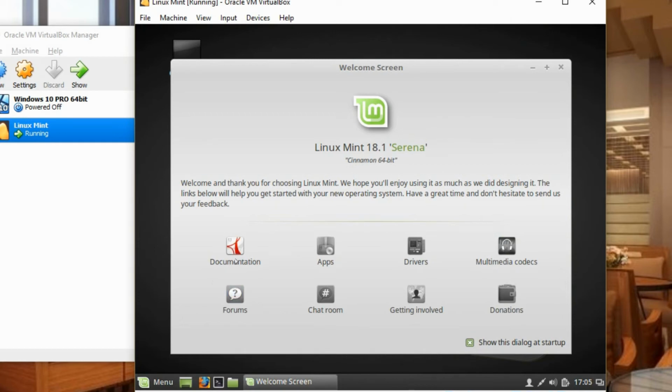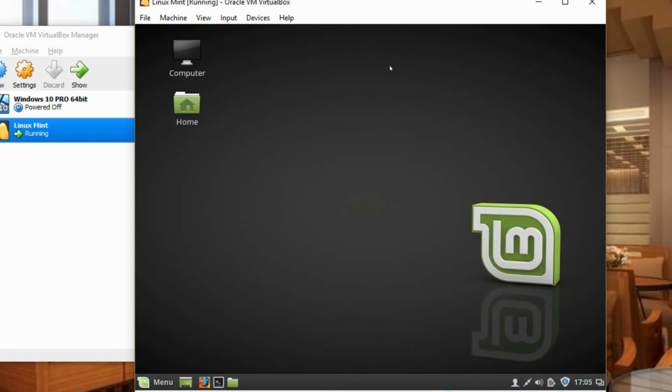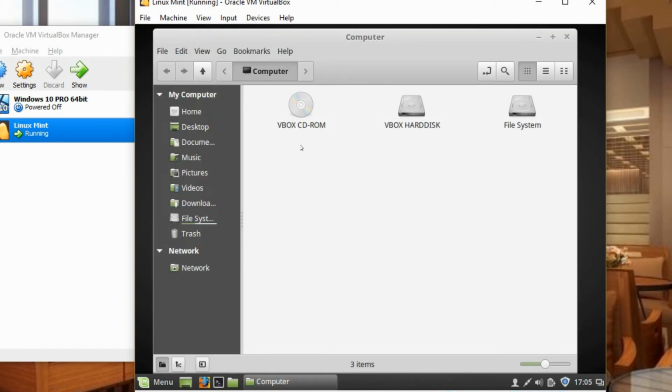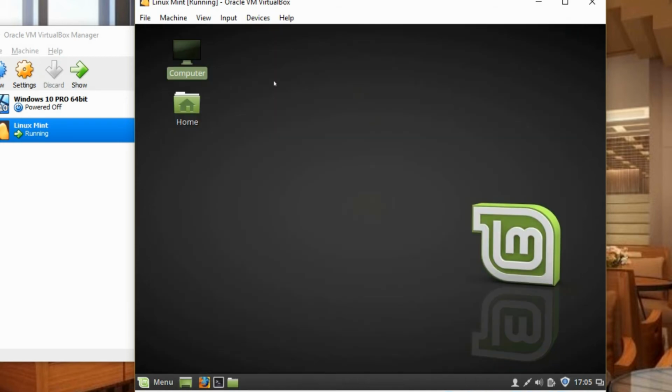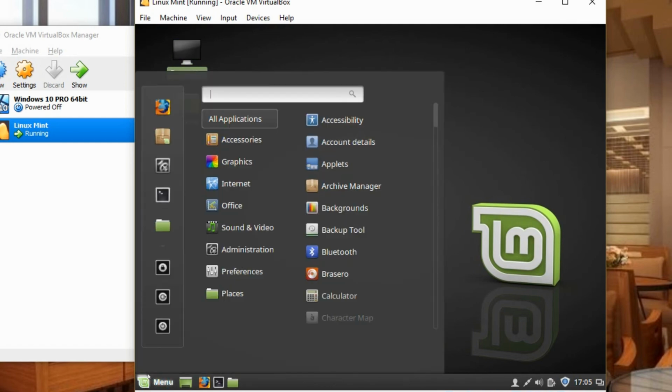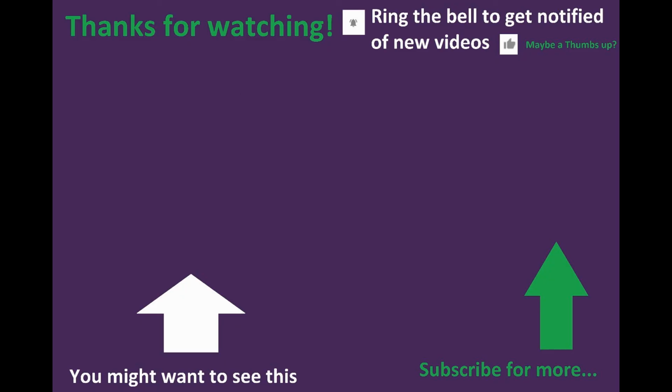And it comes right back in here where you'll see a few options to check out the documentation if you want to read about it and some of the other information. Obvious things is going into your computer, and you'll be able to see your desktop, documents, pictures, music, and all those kind of standard things that you would expect to find all your documentation. And the home is also a similar thing to access your files. Through the start menu, there's where all the programs are, but we're not going to be getting into that in this video. It goes beyond the scope, but that'll be for a new video.